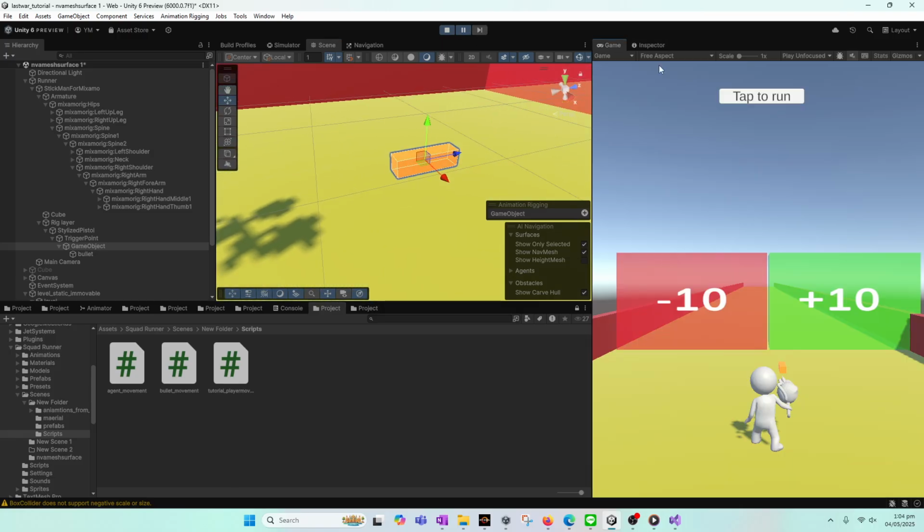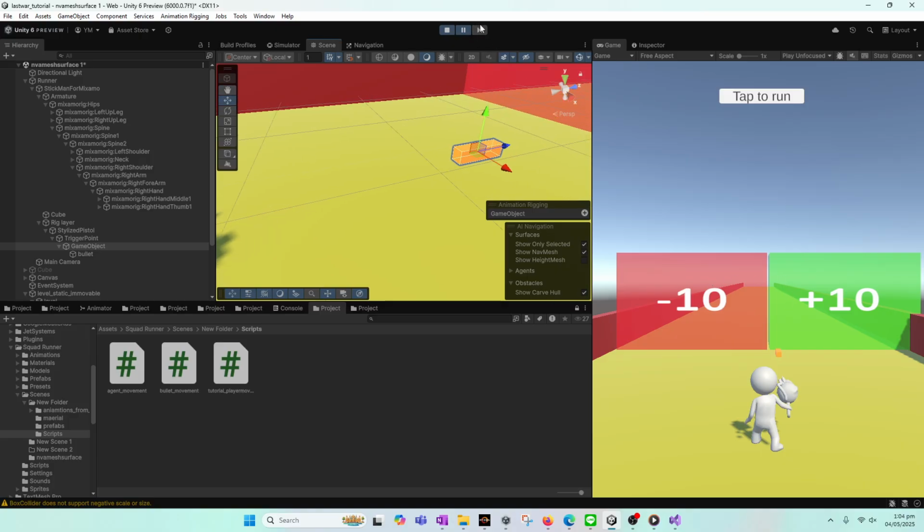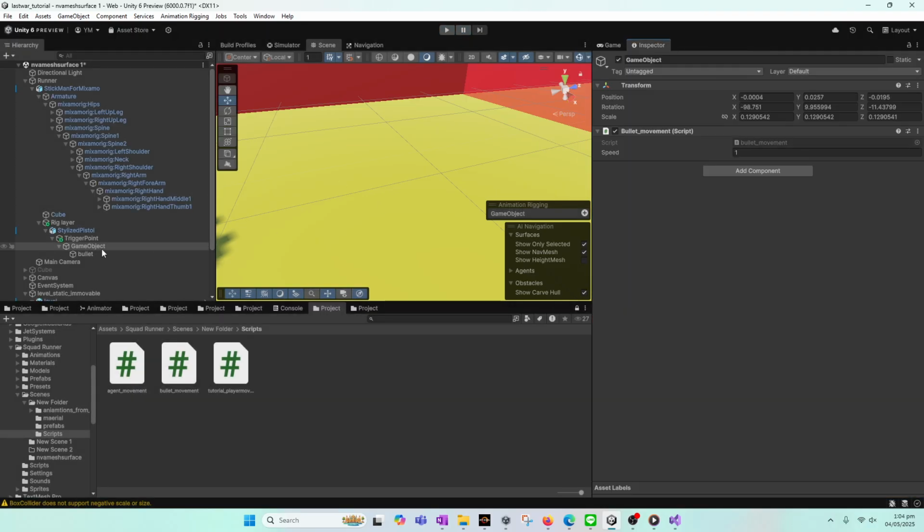Our bullet starts to move right now, even though we haven't pressed anything yet, that has to be added yet. So if you keep on playing, it will keep on moving like this, and it's pretty fast. So that is good. And now in the inspector tab, we will